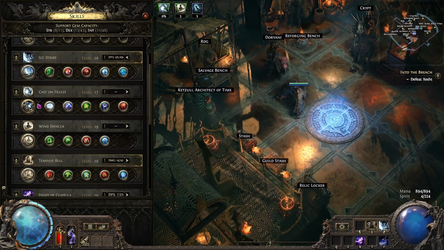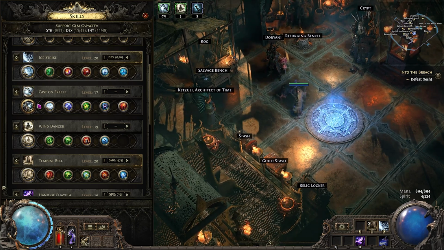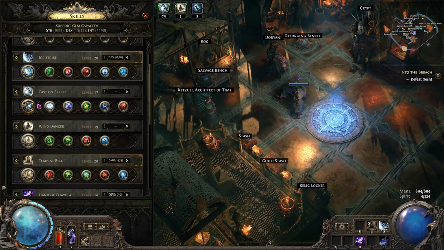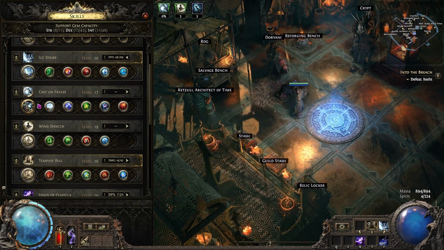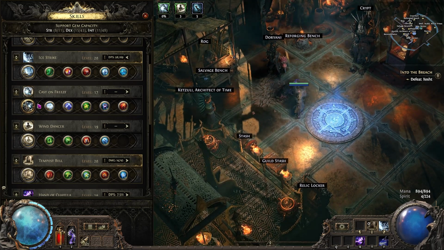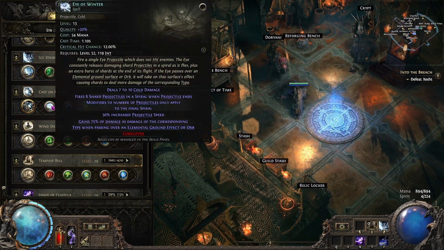Then we've got Cast on Freeze. No Cast on Crit now, unfortunately. It's one of them things now. You don't really have the spirit unless you get yourself a really high energy shield and evasion chest, which means that you'll end up getting like a stupid amount of spirit, and yeah, you can run Cast on Crit. So we've got Eye of Winter, again the same thing, but this now, if you see here, when passing